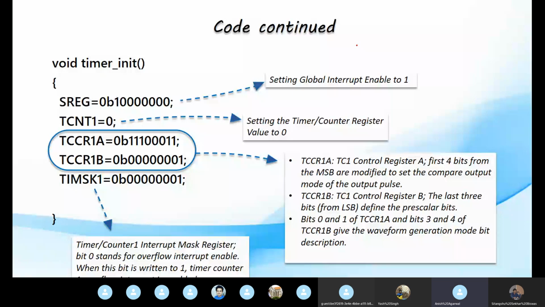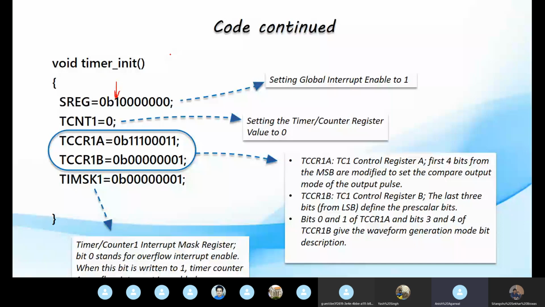So now we come to the void timer initialize function. Basically we are initializing the timer. This is the status register as I had explained in the previous video, SREG. Here the 7th bit, if we count from the right side, is 0, 1, 2, 3, 4, 5, 6, 7. The 7th bit we set as 1. What is this? This is the global interrupt enable. If we set this bit to 1, only then can other interrupts be enabled. For enabling other interrupts, we require the SREG's 7th bit to be set to 1. Otherwise, none of the interrupts will work.